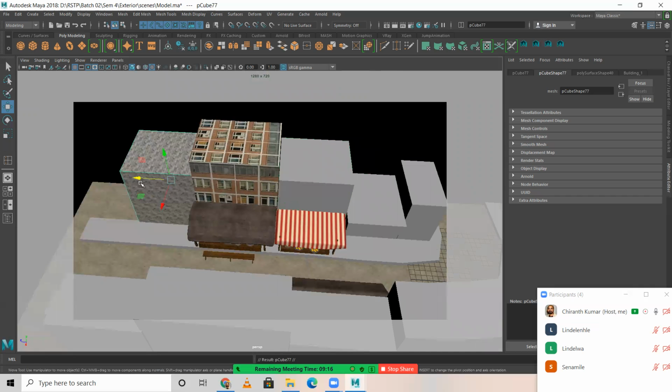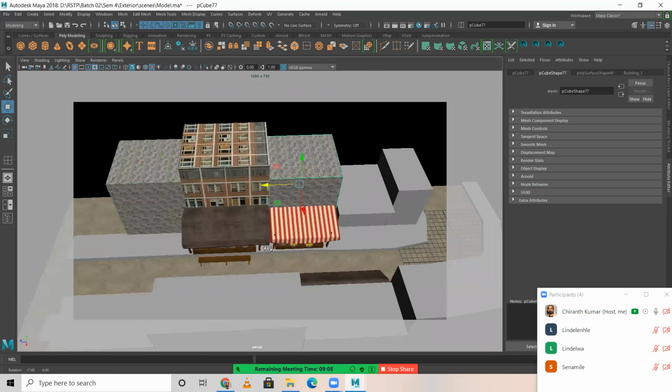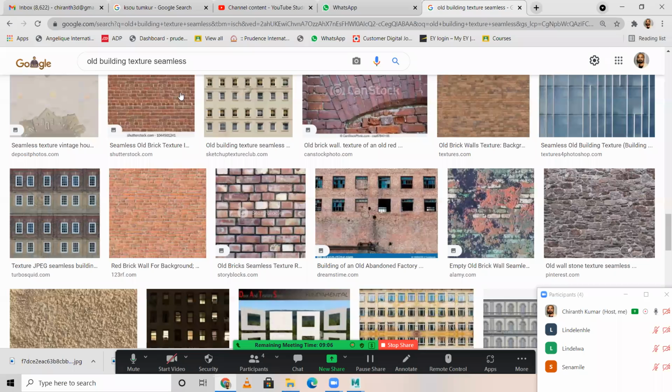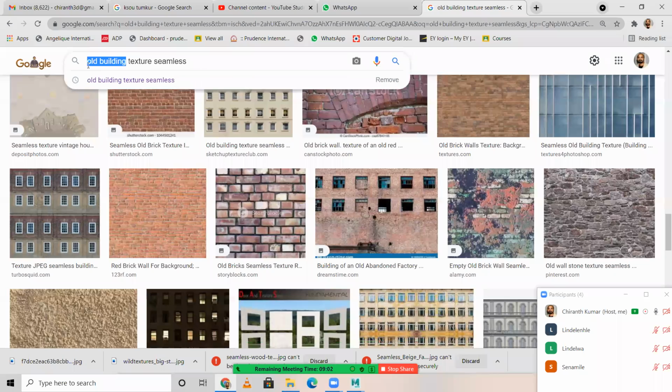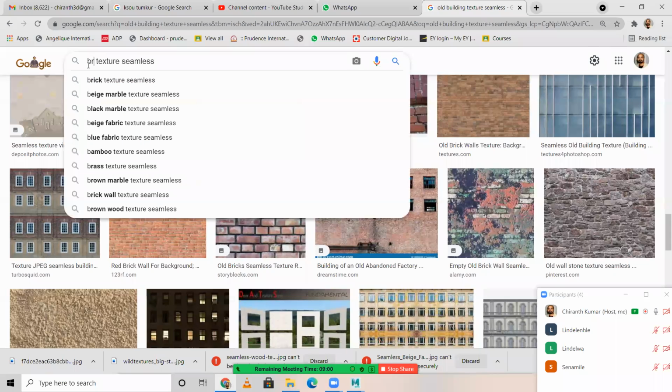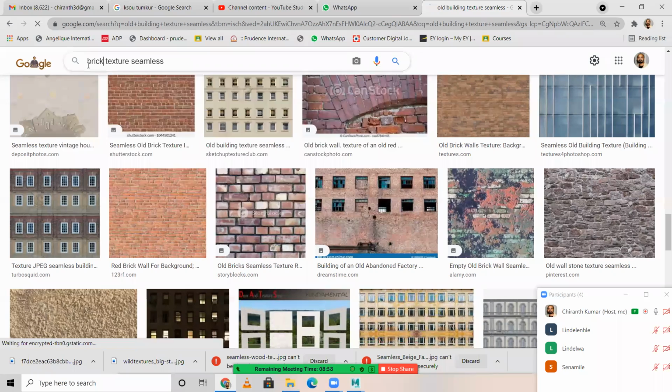I'm going to duplicate this. I'm going to place it here. I'll take brick texture.